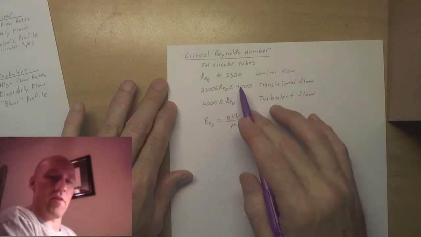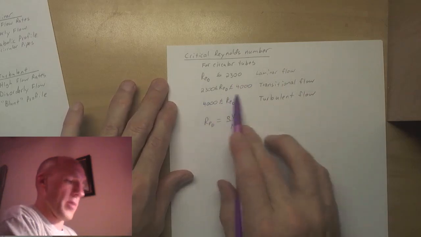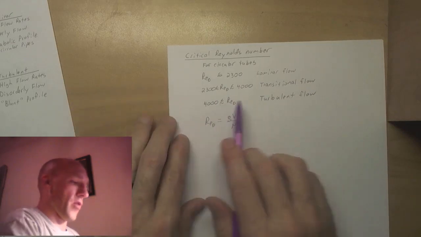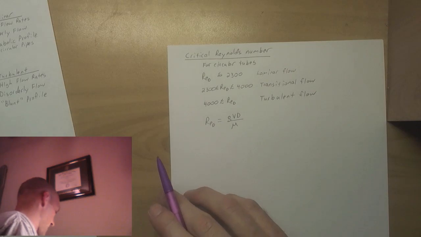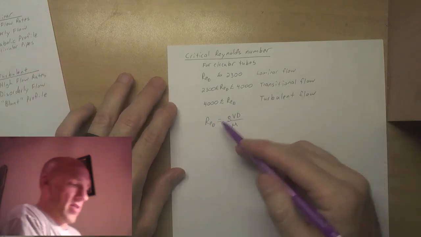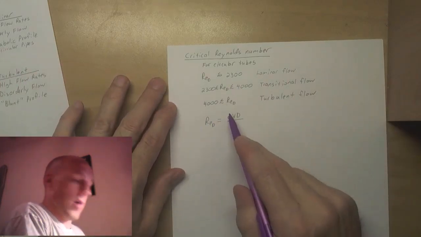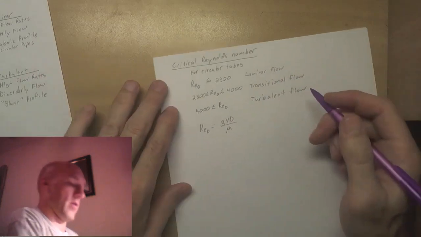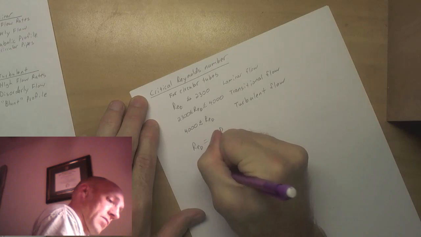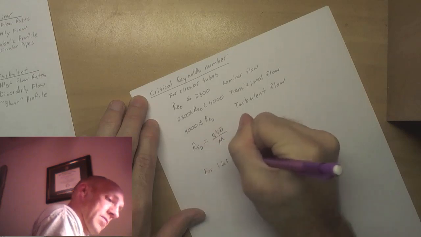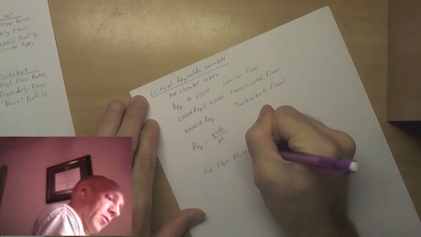It's not exactly a single value, so there's a transition period between 2,300 and 4,000 for circular tubes. And this varies. This is not always the case, right? So the critical, for instance, for flat plates, for flow over a flat plate,